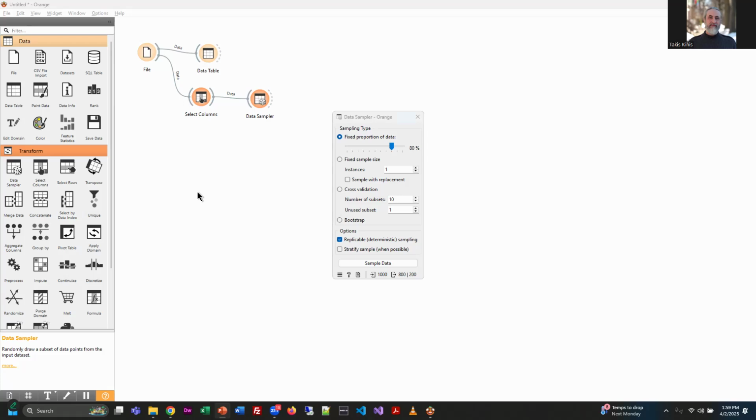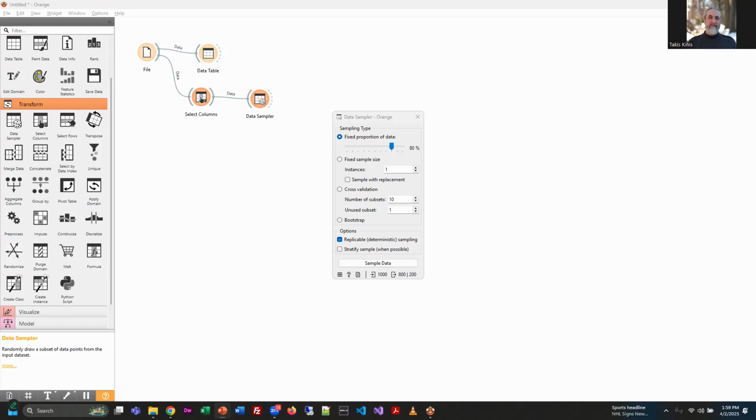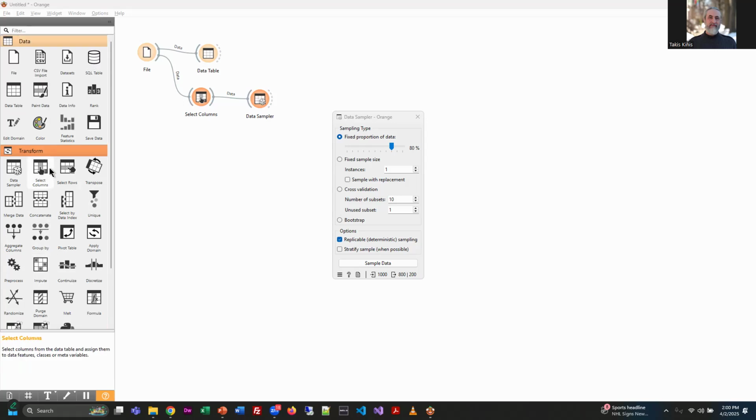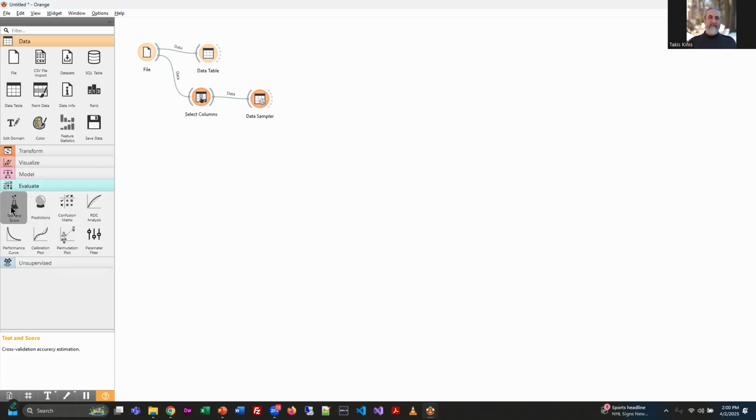The next thing that we want to do is pull in the test and score tool. And per the example in the slide, that's in the evaluate section, right? So test and score. So we're going to move that here. And look, I double click and it basically put it on there 3 times. So I'm gonna delete some of these. All right, we just need the first one, and once again, we'll connect them,